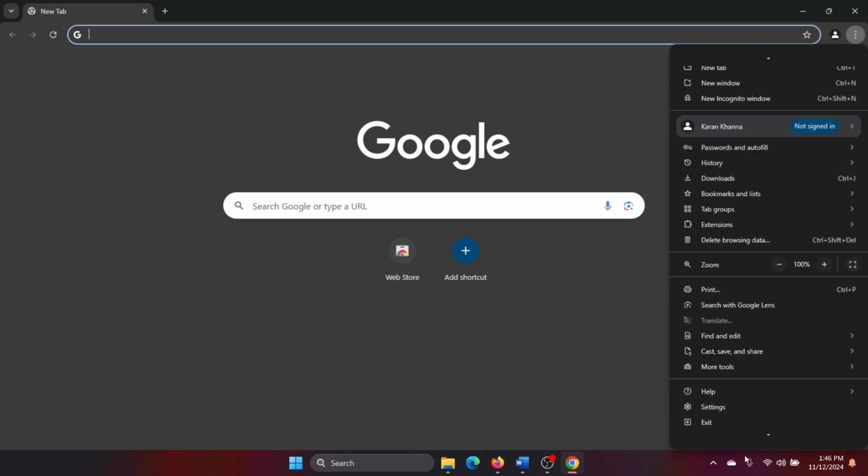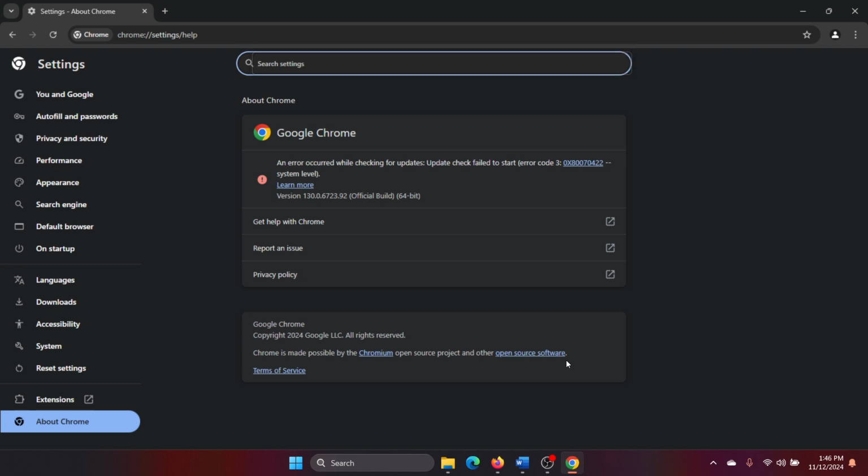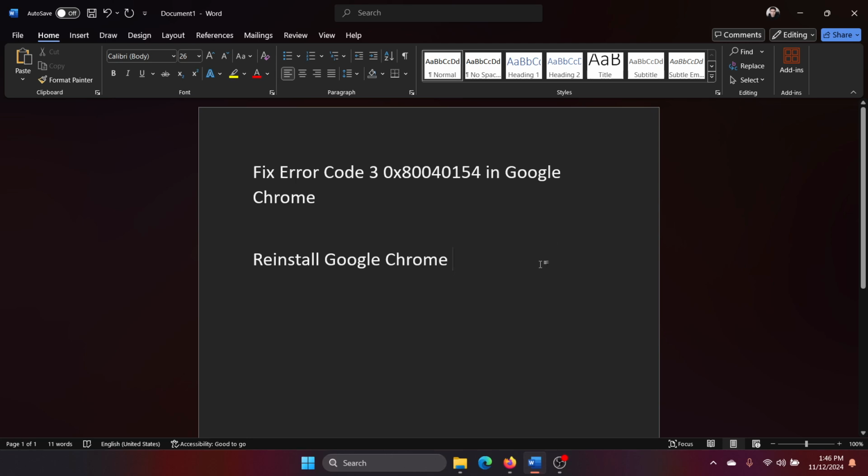Click on these three dots here, scroll down, select Help, and click on About Chrome. And then you'll find the error code here. Okay. So the problem, it's a different error code. I get that. So the thing is that when you encounter errors with the Google Chrome updates, there isn't much